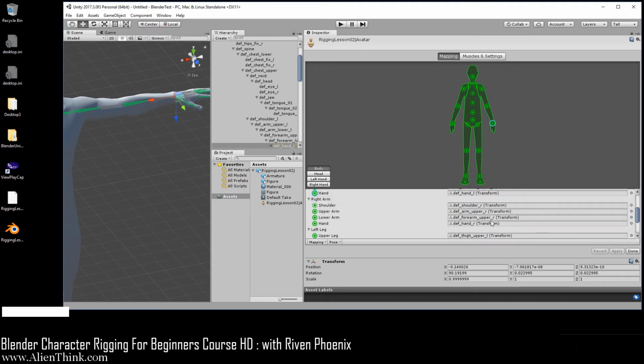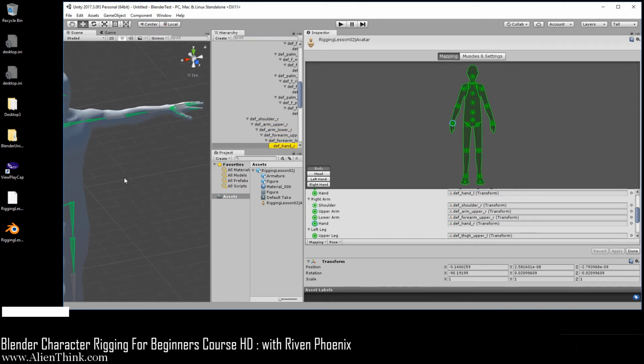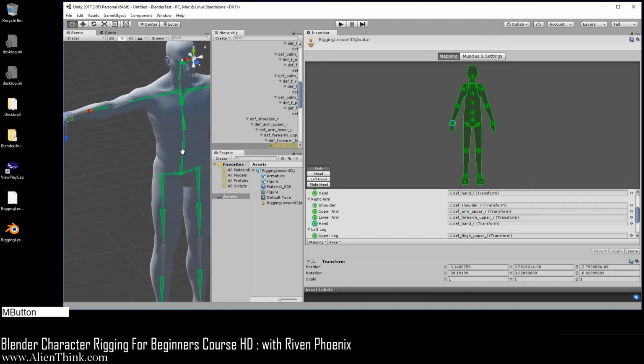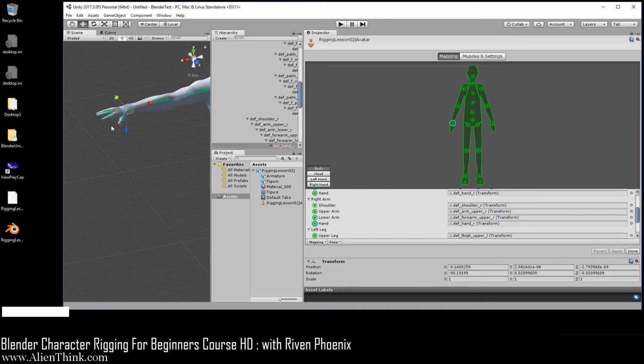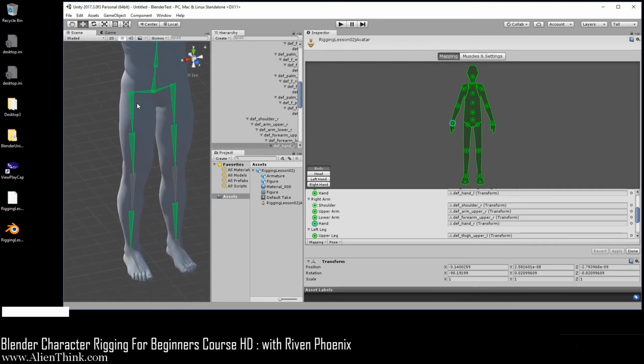Now let's take a look at the other side. This is also correct. The shoulder, the upper arm, forearm, and hand.r. Okay, and you can see what's going on in the 3D view, as long as they're highlighted. See how it doesn't use the palm bones over here, and it's not going to. And that's it. Now we need to take a look at the legs. This is where it's kind of going to mess up.